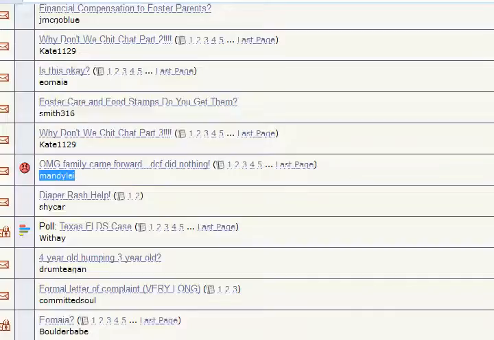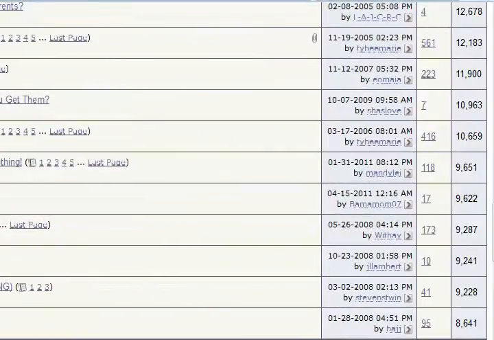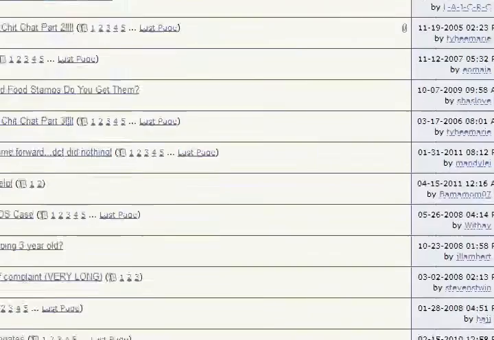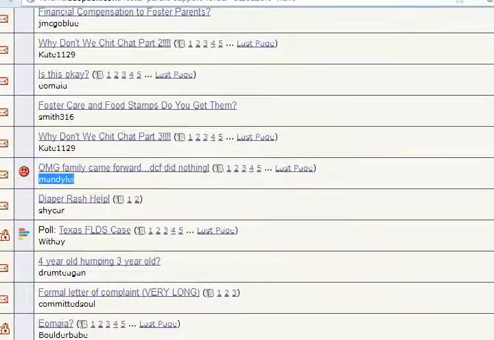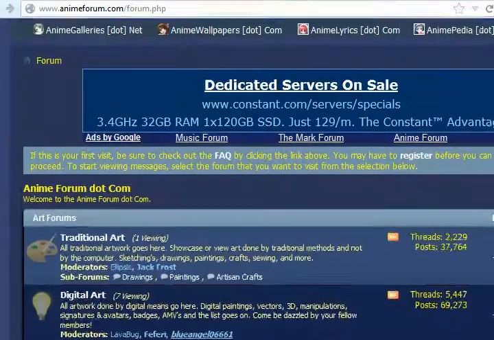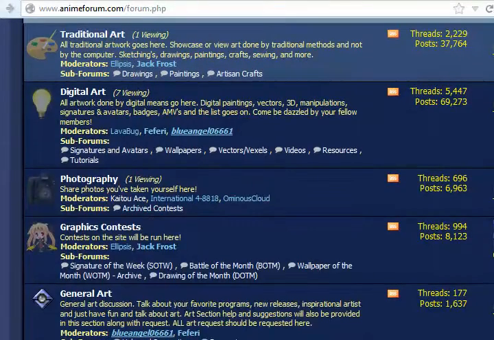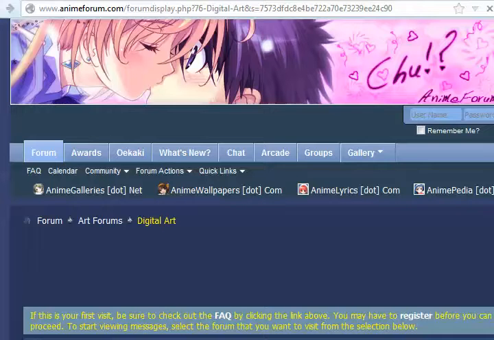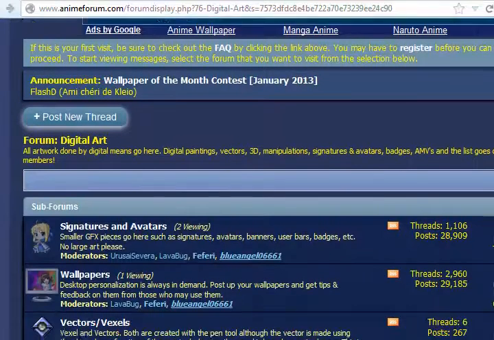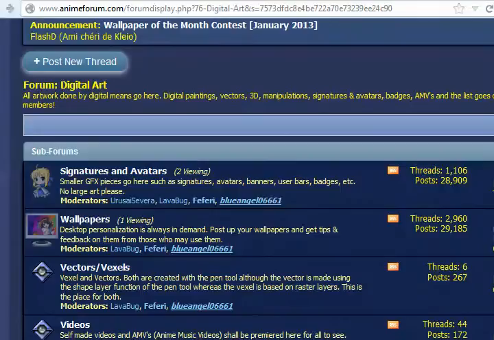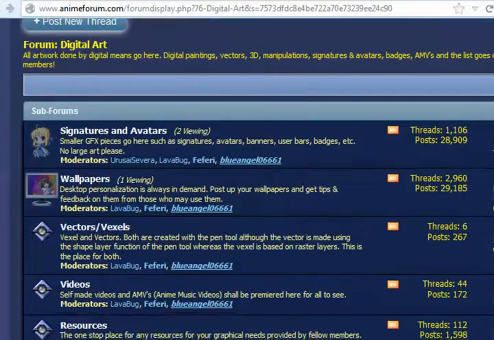Now, if you don't have a forum that enables you to sort like I did by view count, you can also just go through the forum and just eyeball it. It won't be quite as good if you can't sort. But say, let's go into this digital art section. This is an anime forum that has a lot of activity. And if we scroll down, and it's not going to let us, let me see here. Nope, this one does not let you sort by